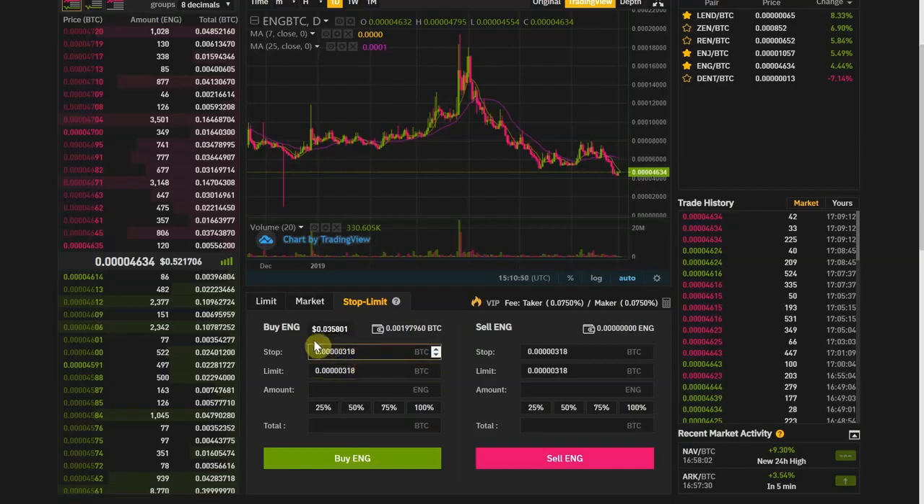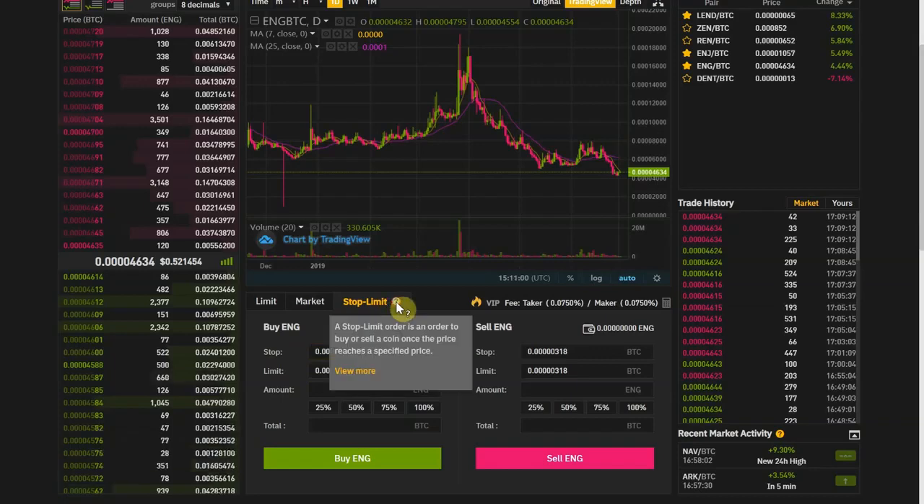I mean, it doesn't really mean the same thing. What the stop limit order is that you have to choose a stop price. You actually have some help here. Stop limit order is an order to buy or sell a coin once the price reaches a specified price. Yeah, okay. They don't use the word stop or limit, but okay. Once the price reaches, let's say,